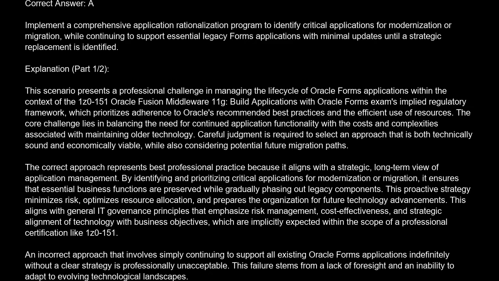The correct answer is A. Implement a comprehensive application rationalization program to identify critical applications for modernization or migration, while continuing to support essential legacy Forms applications with minimal updates until a strategic replacement is identified. Explanation: this scenario presents a professional challenge in managing the lifecycle of Oracle Forms applications within the context of the